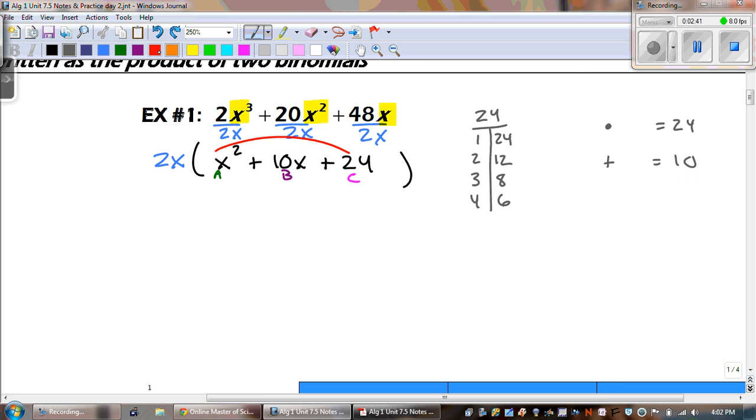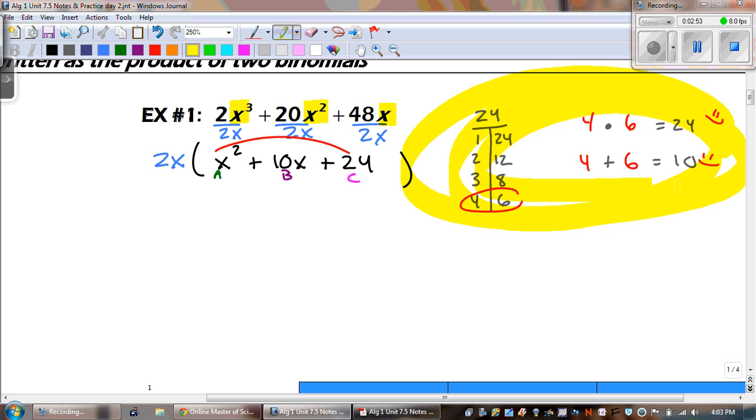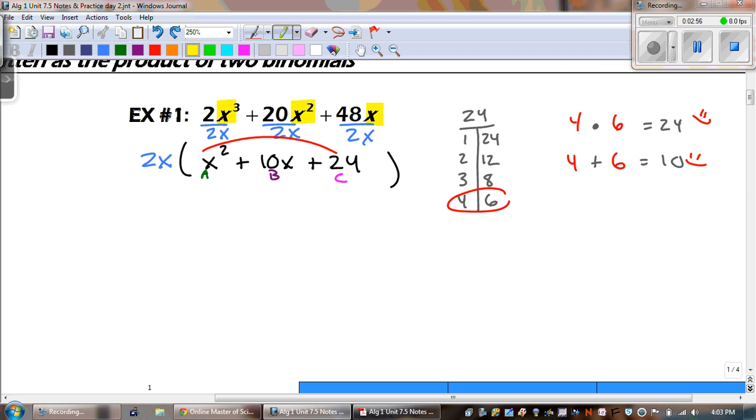And we get the 10 from our b term. So what set of numbers is it? Hopefully you're telling me 4 and 6, because that works in both scenarios. And remember, this is the most important part, because we have to be able to split that middle term. So this 2x comes down. Don't forget about the 2x. And what we're left with is x squared plus 4x plus 6x